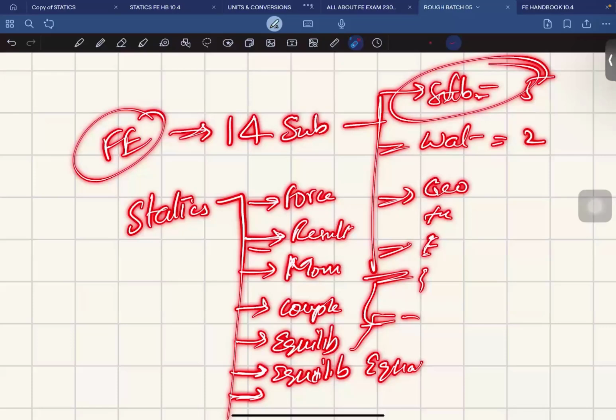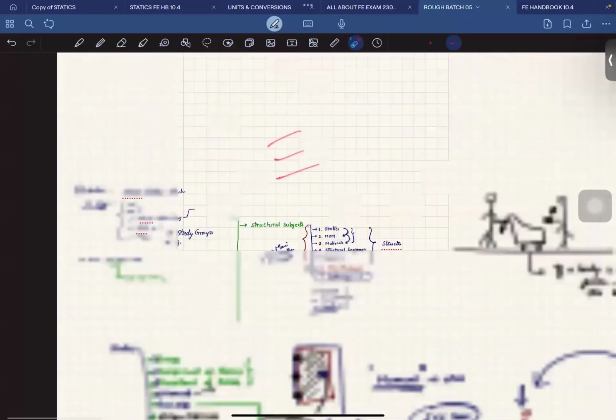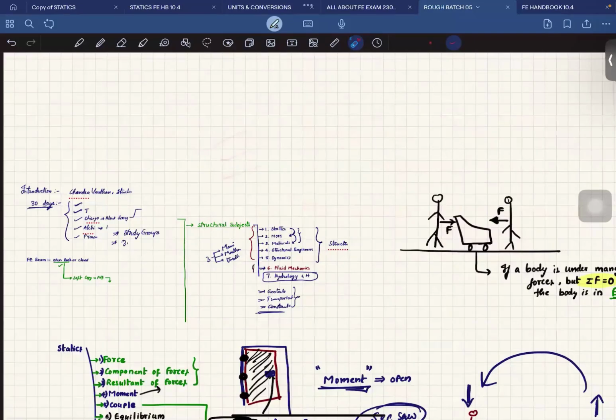This is how you should learn a subject so that your brain won't get stressed. It's like a desktop. You go to your folder FE, and then in the folder FE go to the folder statics, and then in the folder statics go for subjects. So your brain should think like an order. That's good. Going further,